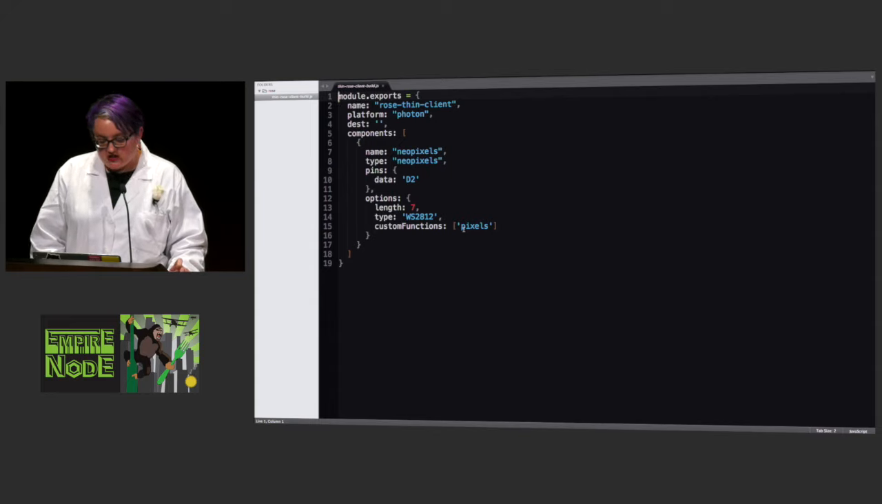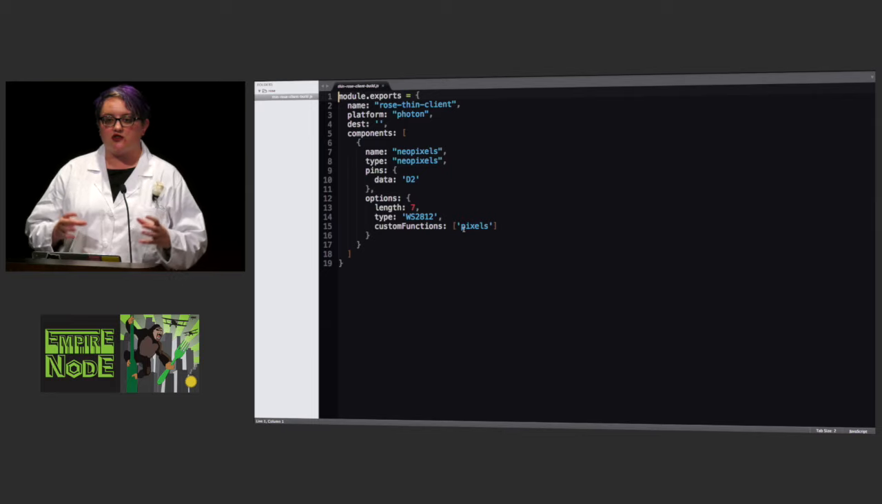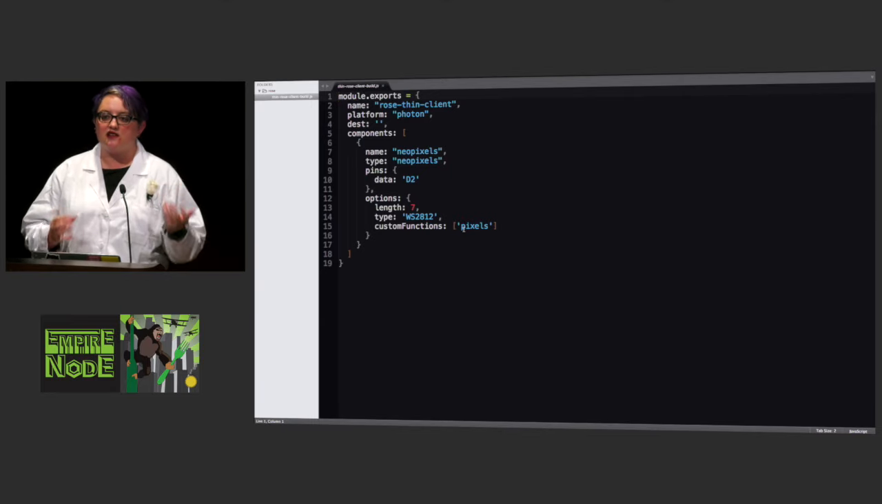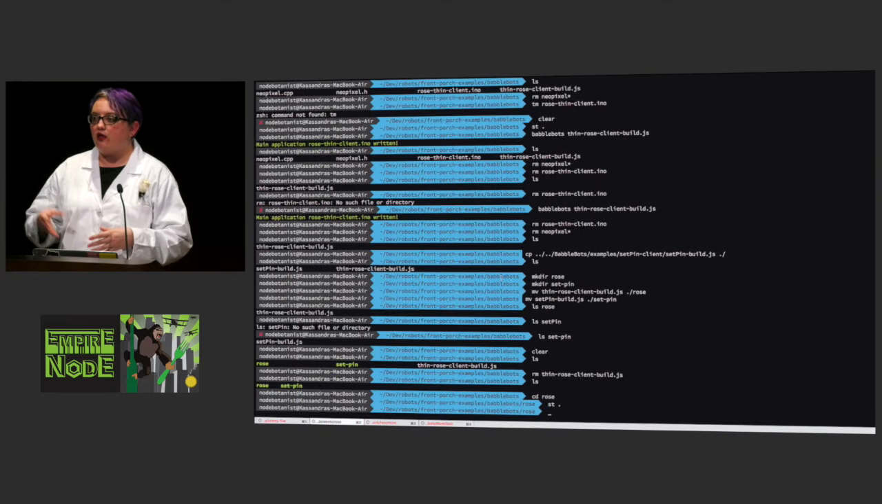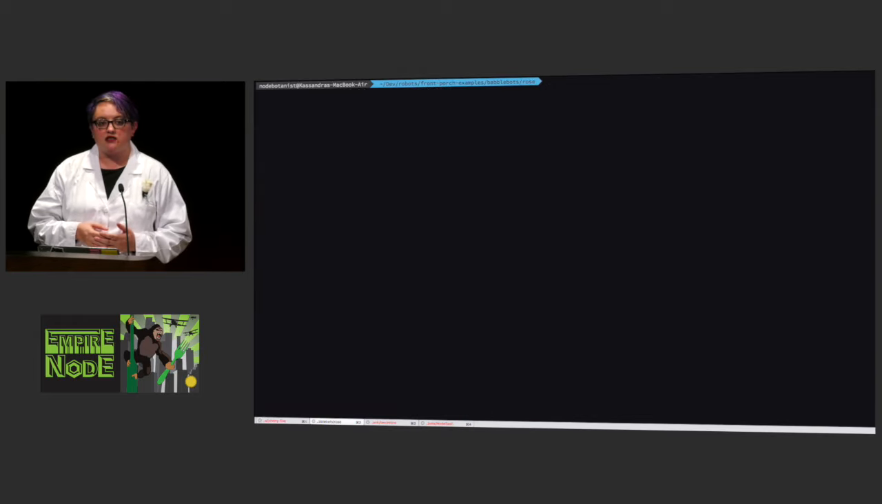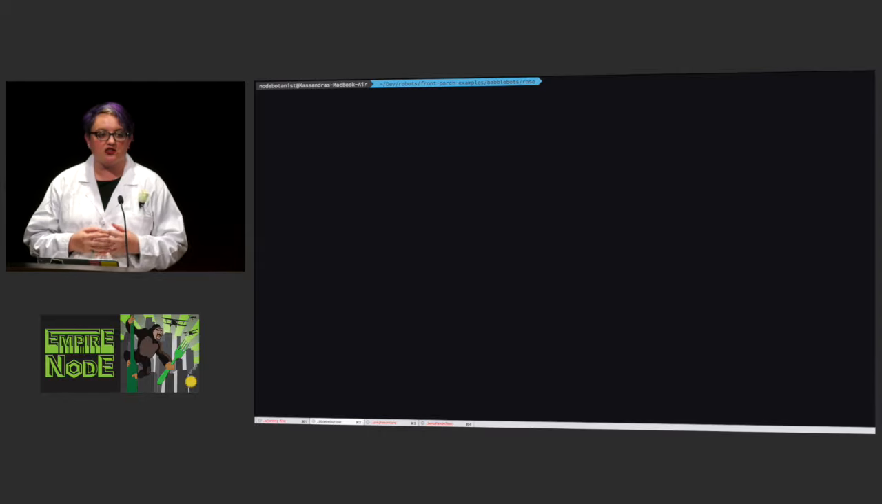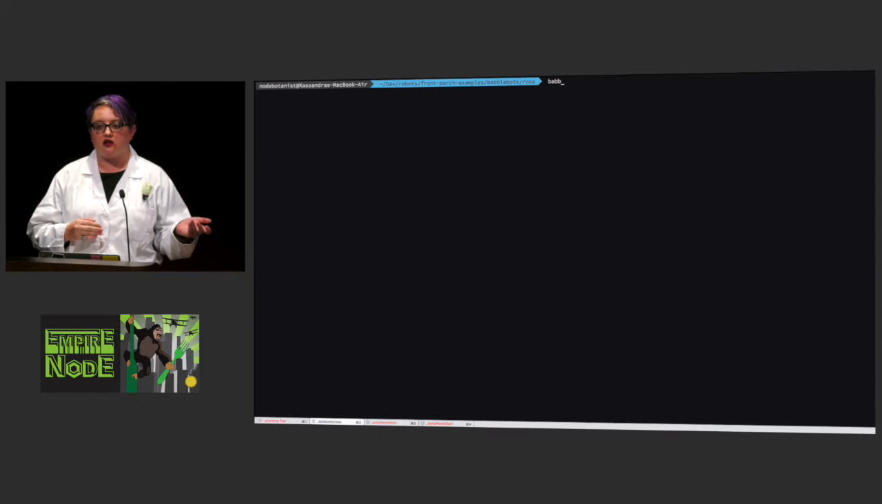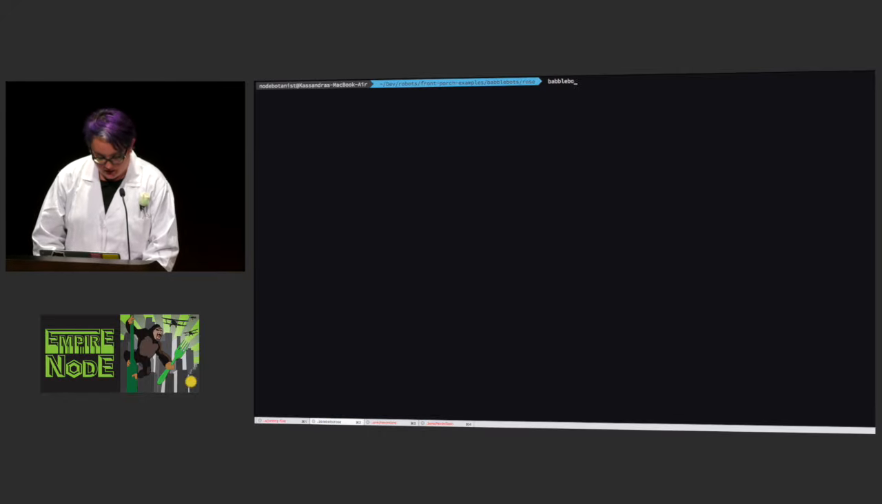And custom functions is basically, so Photon gives you the idea of cloud functions, which are functions that are written in C and sit on the microcontroller, but you can call them using an HTTP request. So in this case, I've said I want to include the custom function pixels, and I have written this function and included it in the library. So when I go to my terminal,